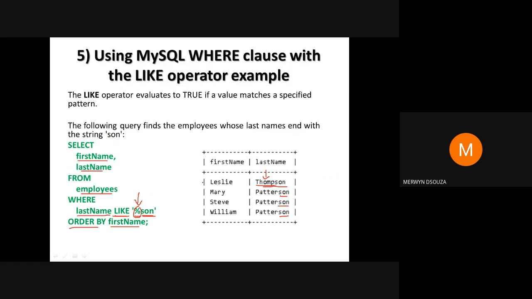For example, Leslie's last name is Thompson, and Mary's, Steve's and William's last name is Patterson, but all their last names end with the string son. So you could write a query something like this to find some pattern, a pattern like this, using the operator like.